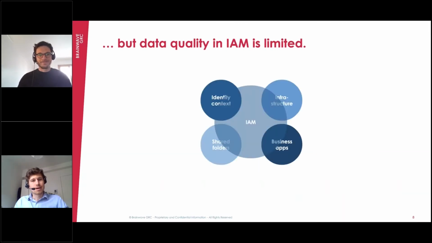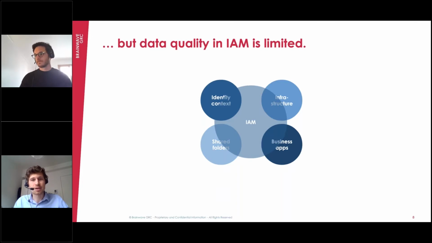Then, if we are talking about data quality in the IAM, we can say it's limited, because the first limitation of the IAM is the scope. The IAM systems are not always connected to all the systems, and they are not synchronized with other systems. There are some connectors with the most critical and central systems, like your Active Directory, some of the ERPs, etc. But not all your applications.